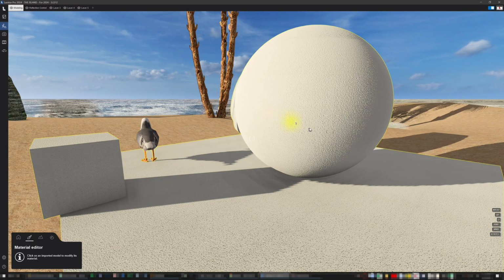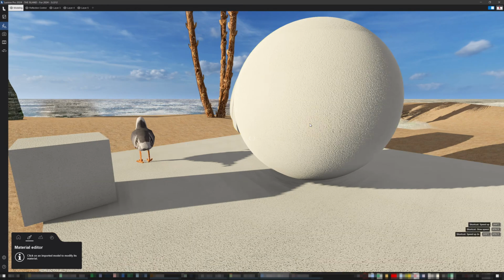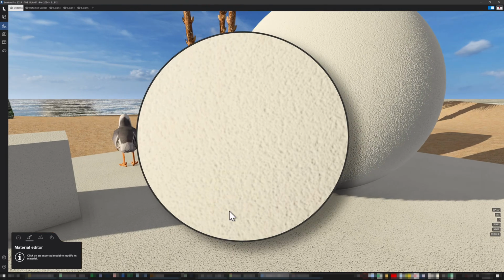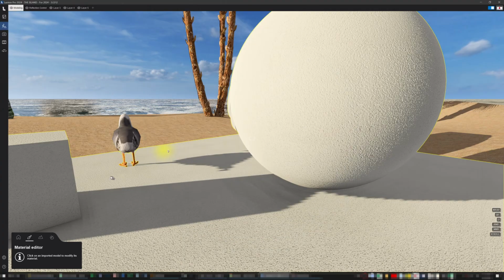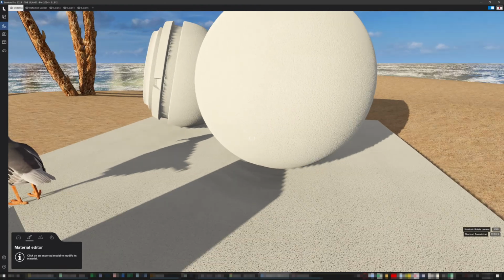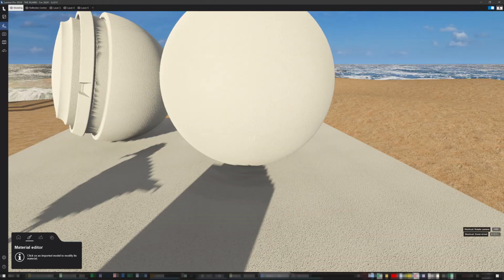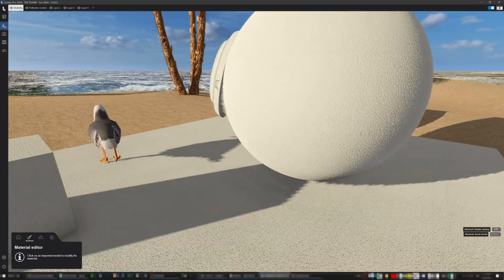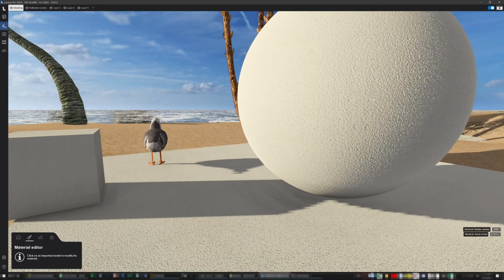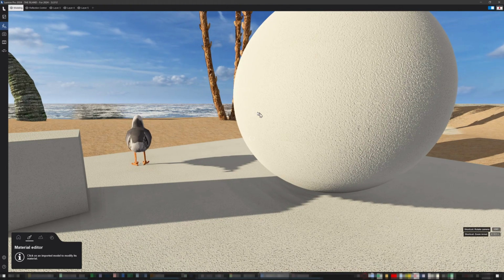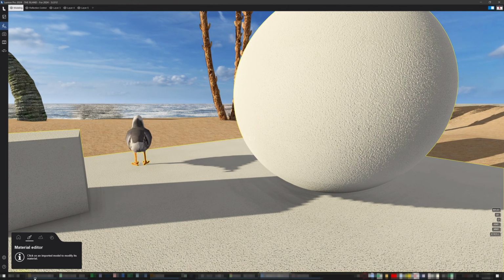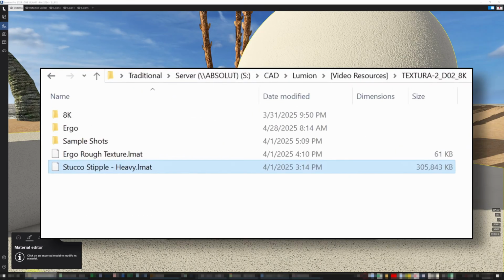And at first glance, the material looked really good. You can see it's got some nice detail, just like it looked in the online shop. It stands up to zooming quite well. And so I was very impressed. The only concern I had was that it had taken some time to load. So when I went to look at the material file itself, I saw that it actually was 305 megabytes. And that, of course, is a problem.